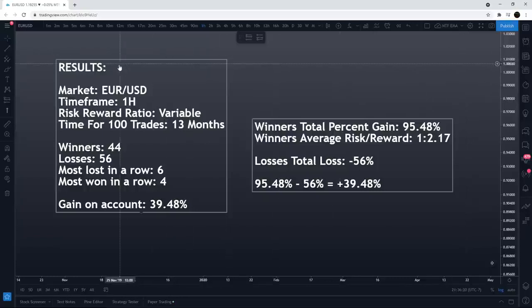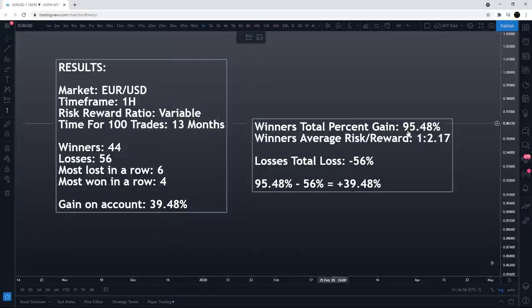It was done on euro against the US dollar, 1 hour time frame using a variable risk reward ratio. Took 13 months to find those 100 trades, which is pretty normal for a 1 hour time frame. There were 44 winners and 56 losses. The most lost in a row was 6 and the most won in a row was 4. The gain on the account,